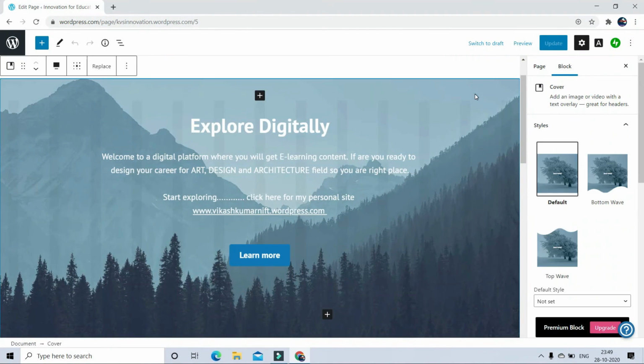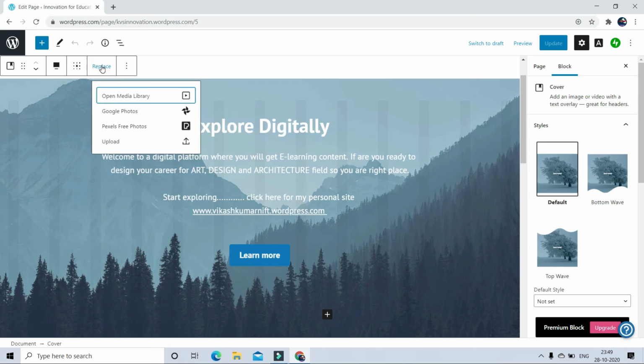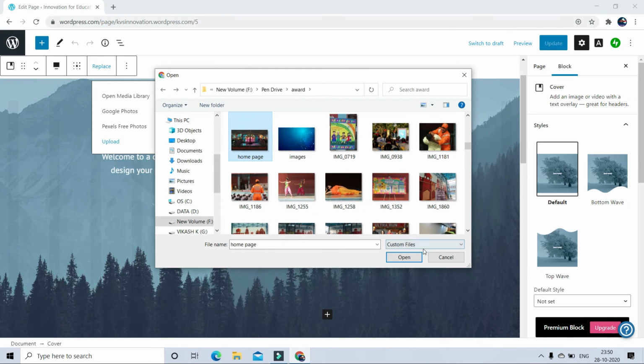Just select what you want to replace or change layout. To change the layout, here is the option. To replace, click on the replace button. Upload an image with almost the same dimensions.